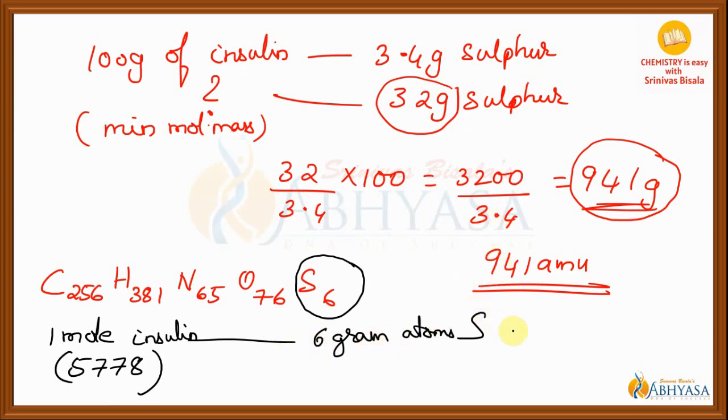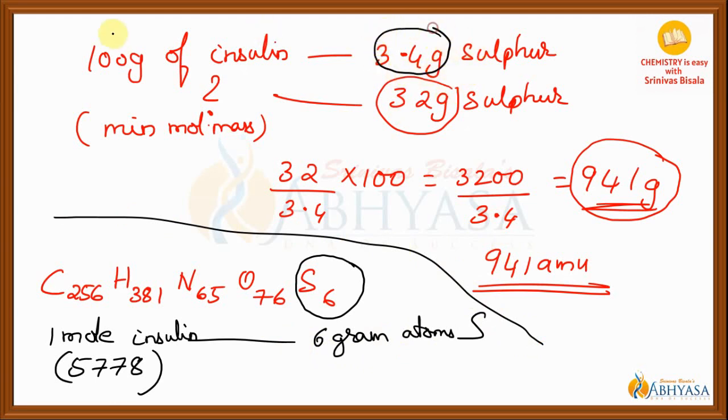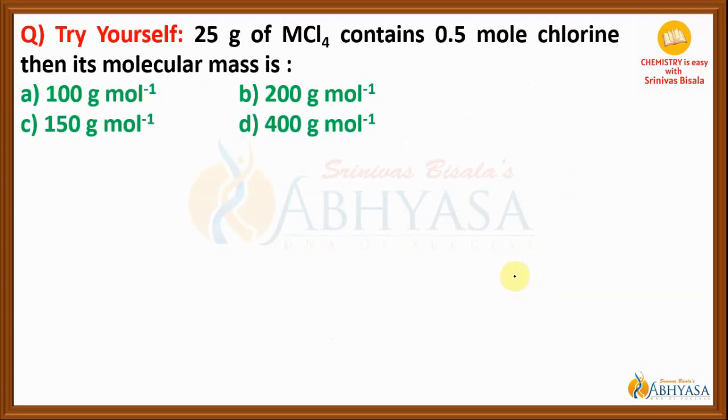And this numerical is different, where it was given that there is only 3.4 grams of sulfur in 100 grams of insulin, and we need to calculate the minimum molecular mass, and that is done by considering that there should be at least 1 gram atom of sulfur, that is 32 grams of sulfur, and we got the answer as 941. So based on this knowledge, now you need to try this question and give me the answer in the